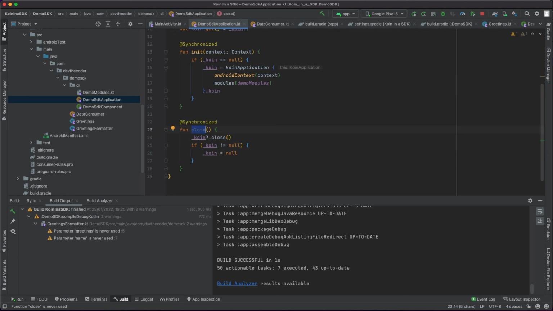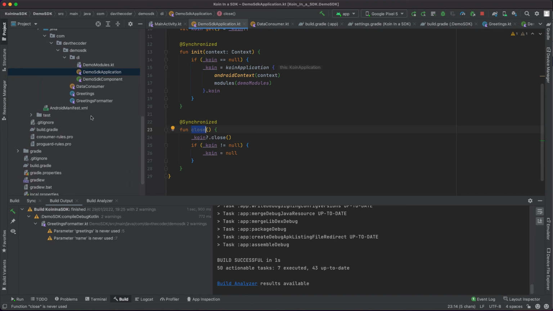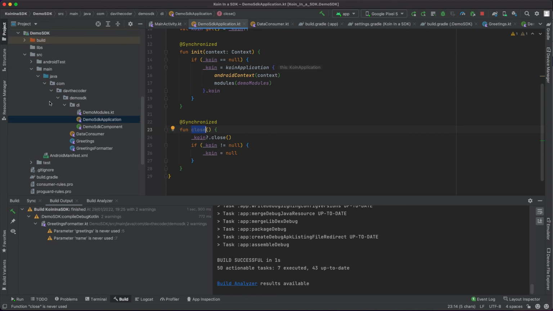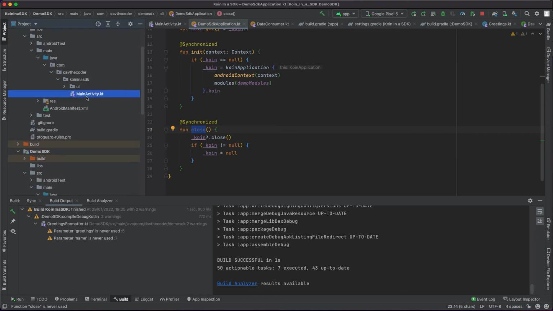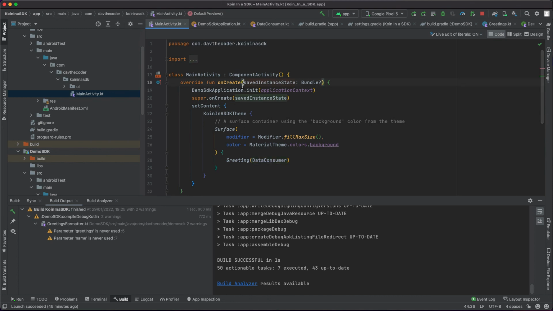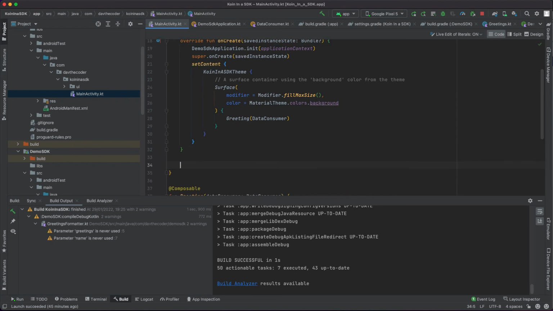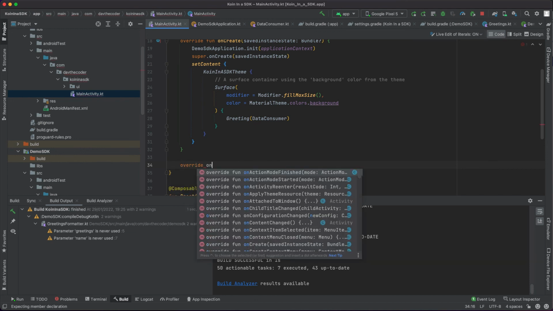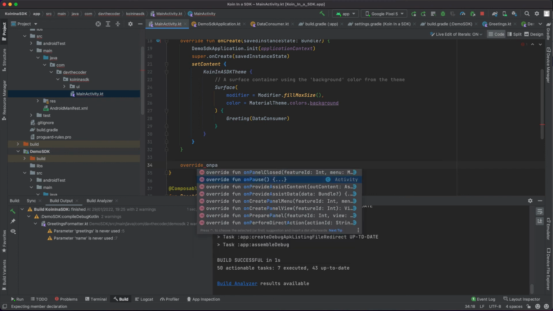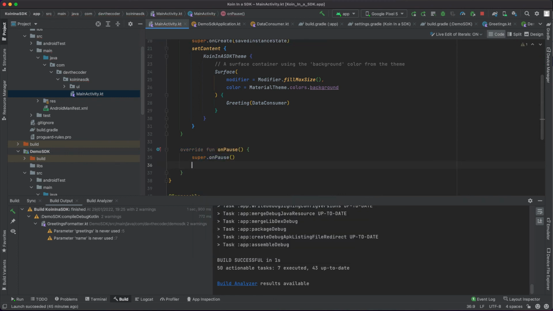So what we can do in our demo. In our demo it will make not much sense, but one of the things we can do to make it clear is we can go into our application. For example, here in our main activity. Inside of the main activity, we have this onCreate where we initialize there. Okay. So what we can do here is create the class. We can override the onPause, for example. onPause. And here on pause, we can put demo